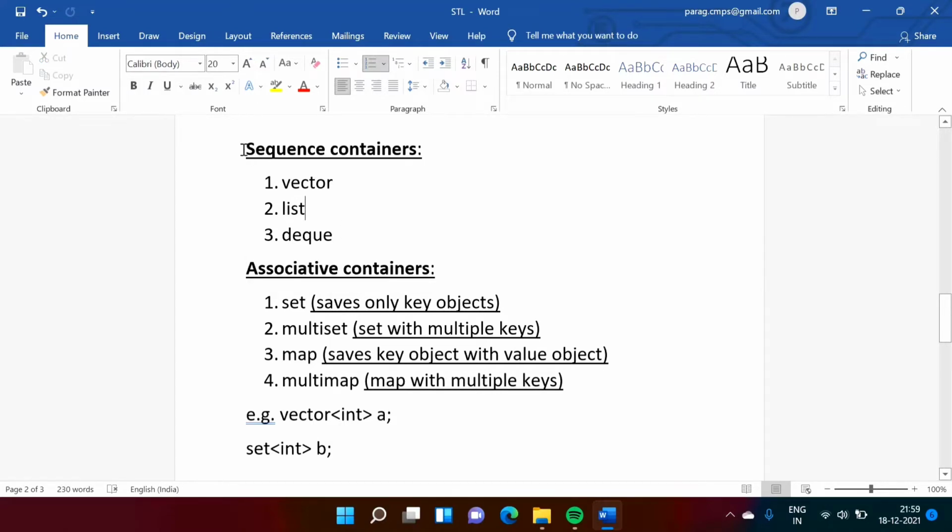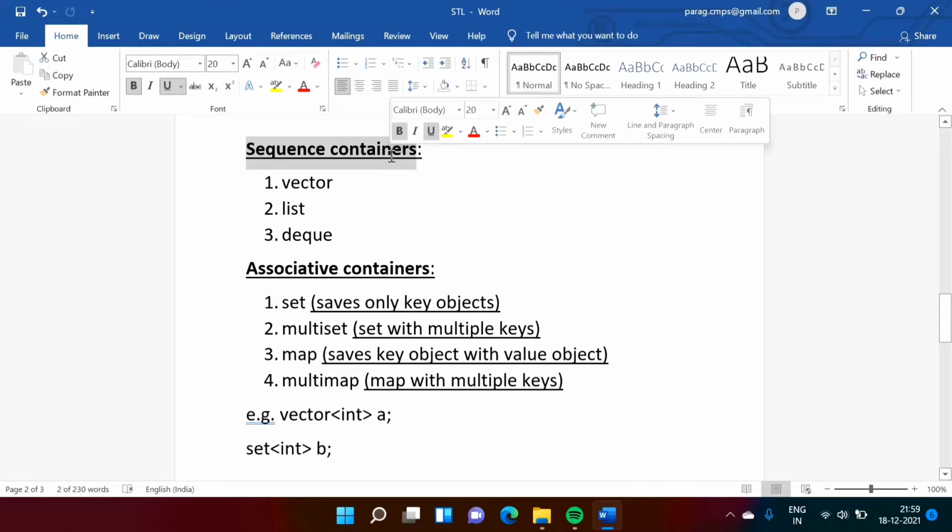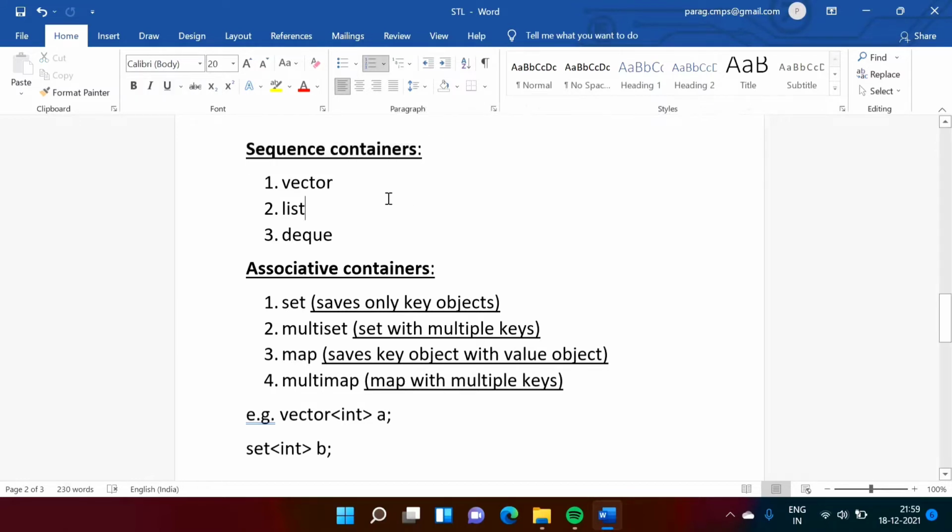Containers which can be accessed linearly by indices, for example 0, 1, 2, 3, 4, just like an array that we access, are called sequence containers. Here elements can be accessed one by one in a linear way, and that's why these are called sequence containers. While associative containers are accessed by keys.